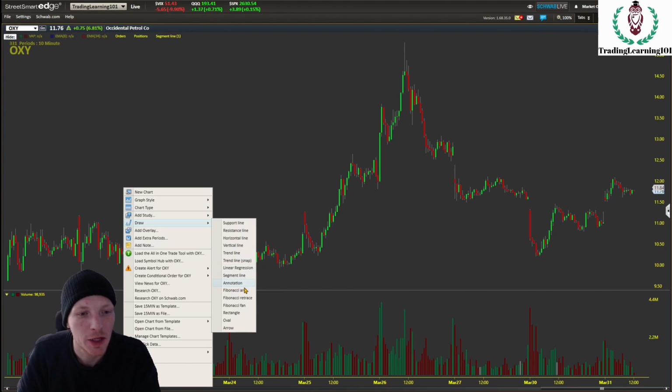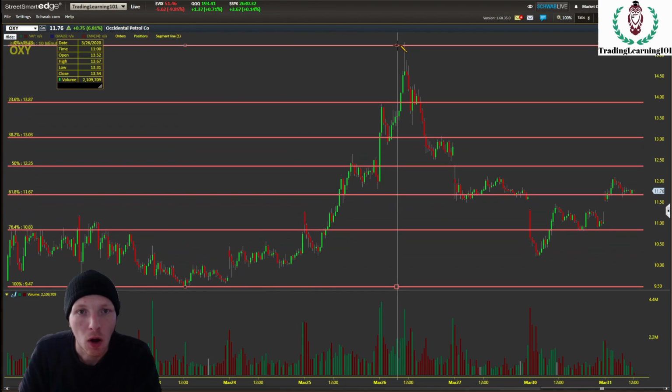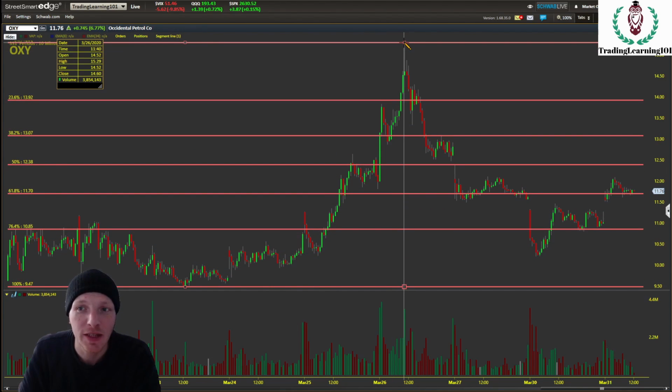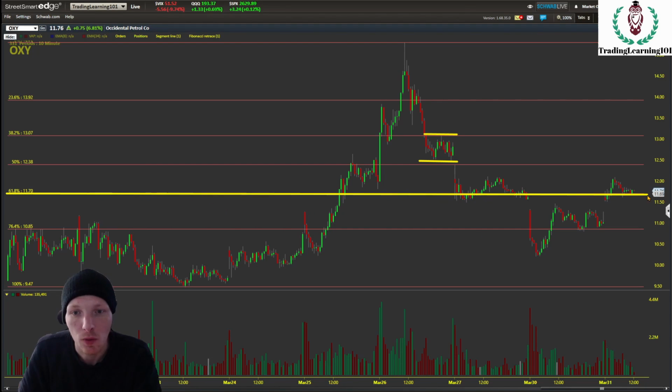So let's get our Fibonacci retracement, and we're going to measure from this low at $9.50 all the way up to the high here at $15.30. And immediately, what I want to point out, stock played around right in this range right here, the 50% retracement and 38.2 retracement. And look at this, the golden ratio 61.8% right there. Stock came all the way down to it, bounced almost perfectly right off it at $11.50 and bouncing up to $12. Came back down to it, failed, got a big death candle, fell all the way down